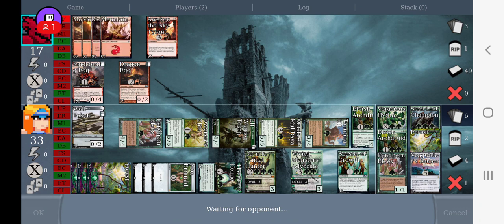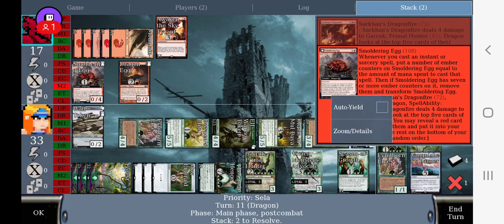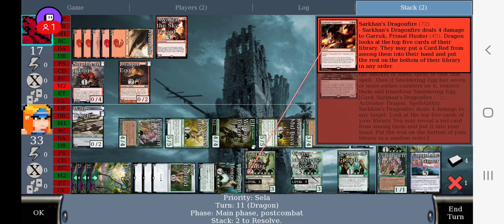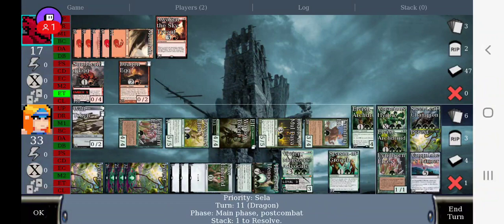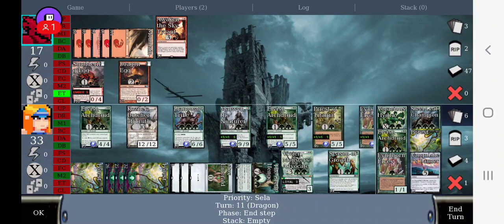So now I have a Trampler in play and an army large enough to destroy anything. Unless he has a board wipe, I just win here. But 7 mana, I should respect the board wipe possibility a little more. Well, doesn't look like he has a board wipe. Four damage to Garruk and gets a card back. Yeah, that's fine. Go ahead. Even with the board wipe, by the way, my Hydra will likely live through it, and my Merewyn